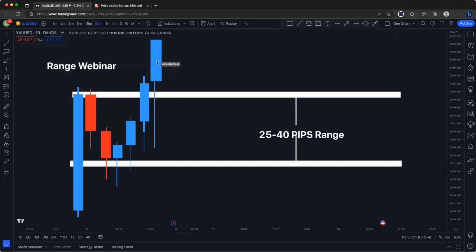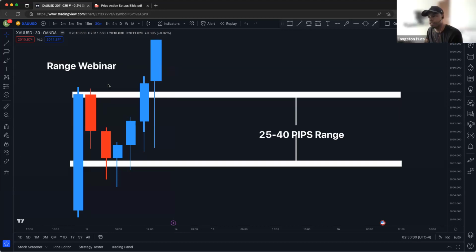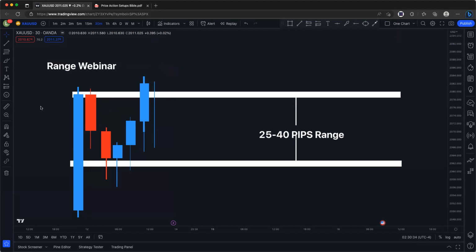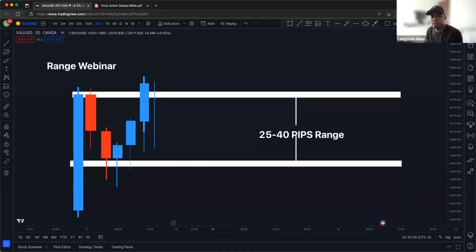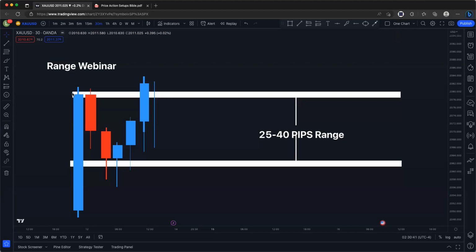Yeah, so to create the range, it's the first three candles that created the range? What do you mean? Like those big bullish candles, then this pullback that created the range, or no? Yes, that's also true.